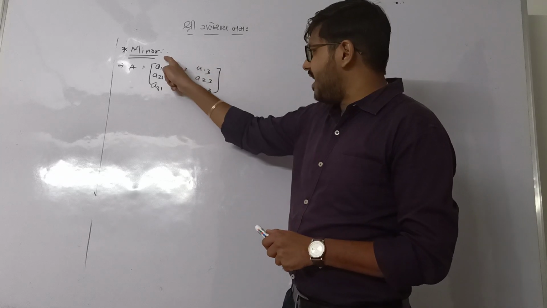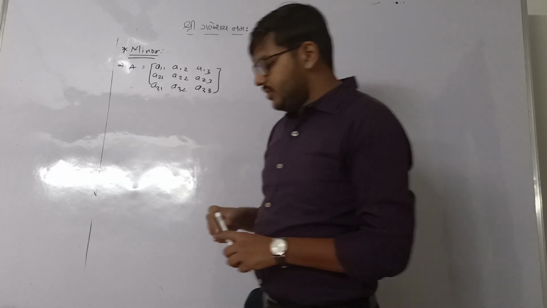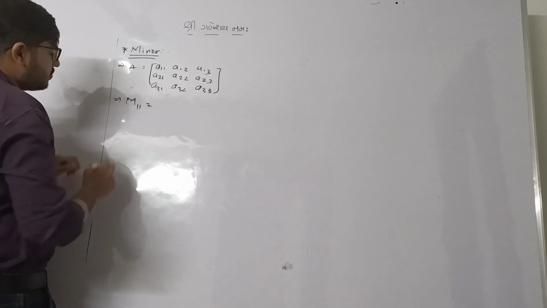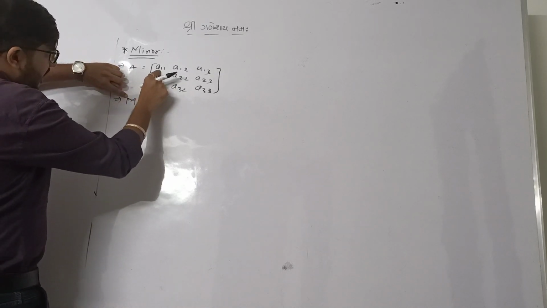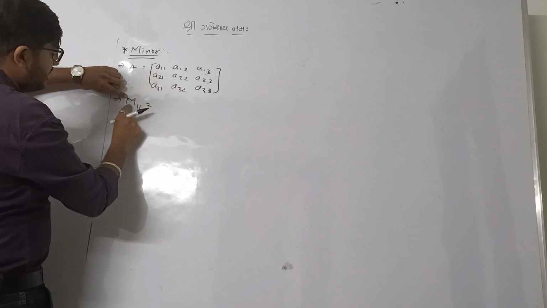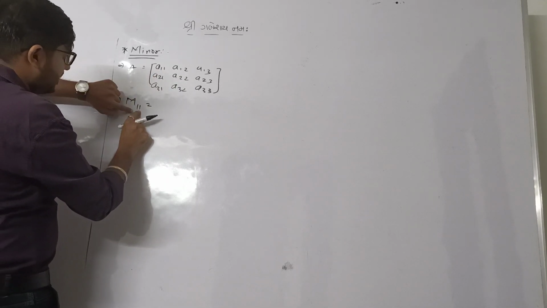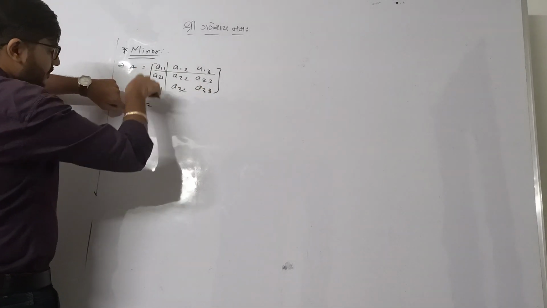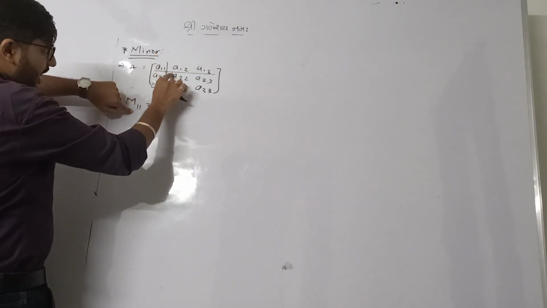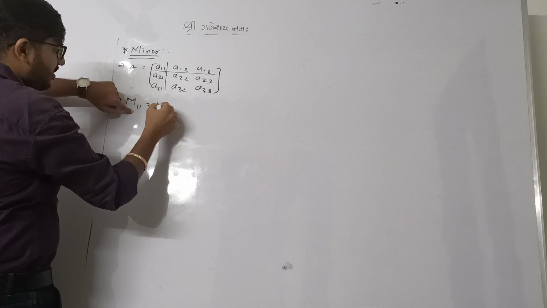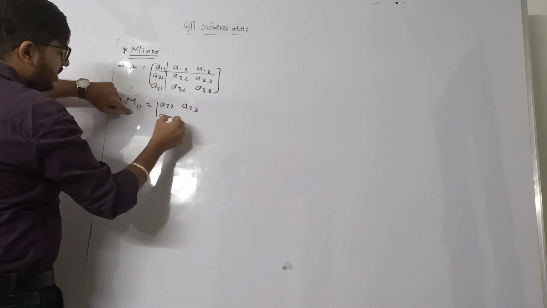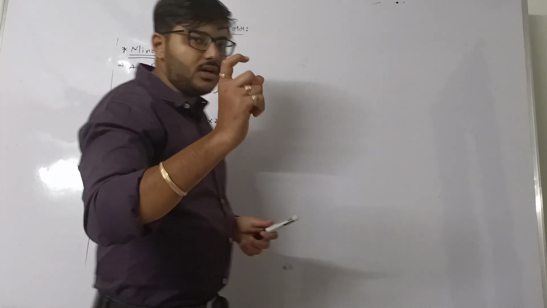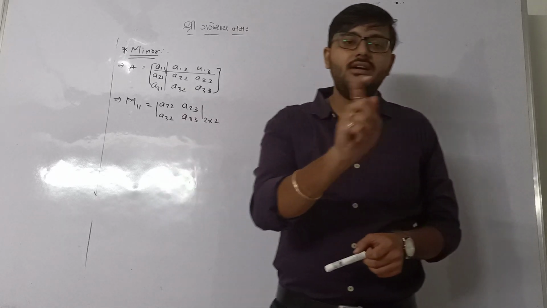That means if you want to find the minor of A11, what to do? Minor is represented by capital M. Capital M11 means we want to find the minor of A11. So cancel the row and column where it is. A11 is in the first row and first column, so cancel the first row and first column and put all the remaining elements as they are in the determinant, that is A22, A23, A32 and A33. Just check, it has order 2 cross 2, and that's why it is called a reduced order determinant.